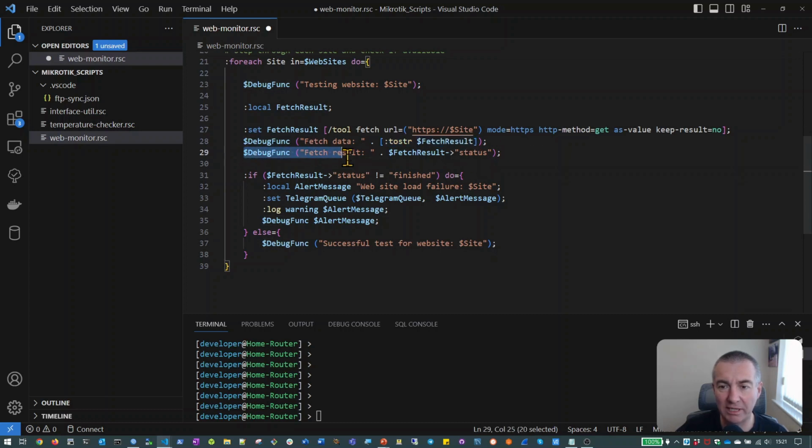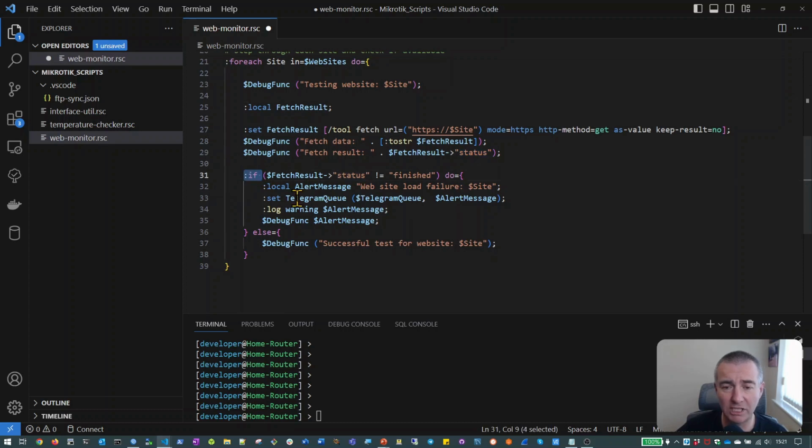We do the same thing on the next line again, but this time, instead of printing out the value of the whole array, we pull out that status message, which is the all-important message that we need to check whether or not we've been successful in getting the website and whether it's available. So we've got all of the information that we need to make a determination as to whether the website's available. We then use one of our standard if statements,